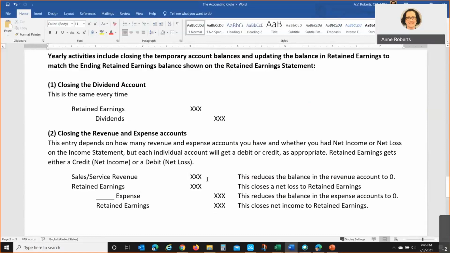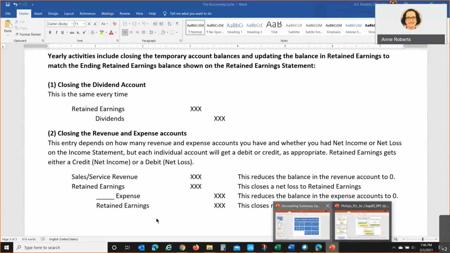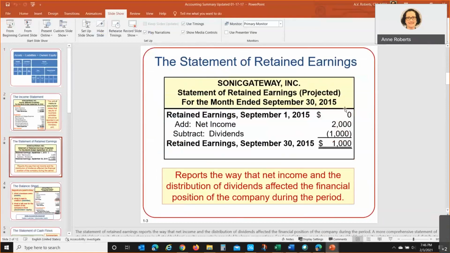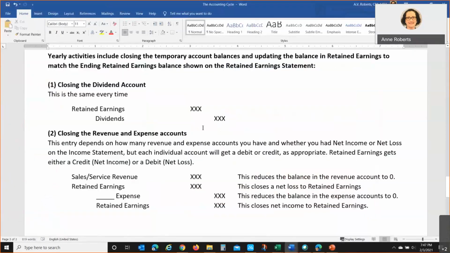If we had a net loss, we would roll up the net difference with a debit, which would reduce retained earnings. Now, think about how the statement of retained earnings works: beginning retained earnings plus net income minus dividends. When we close dividends,